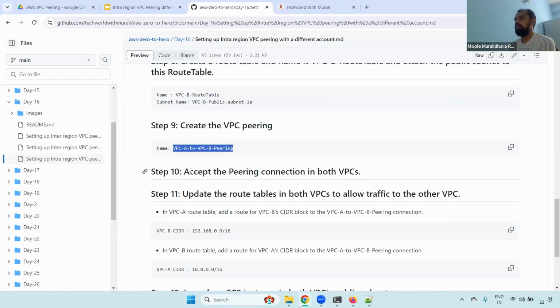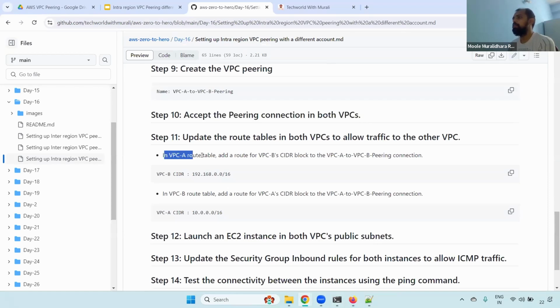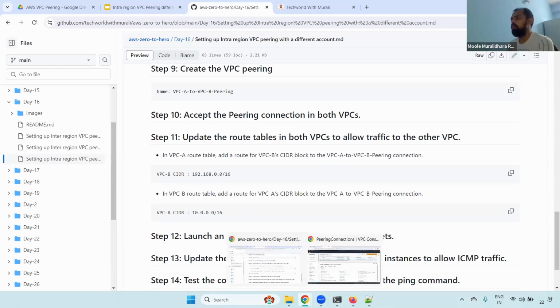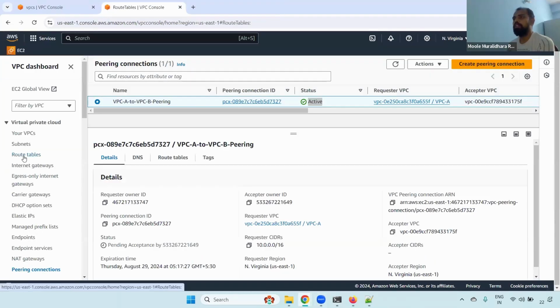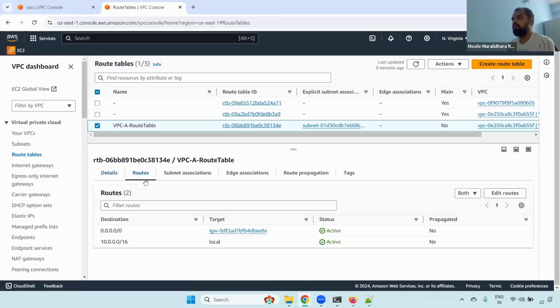So we have set up and accepted the peering connection on both sides. Now go to the VPCA route table and give the route for the 192 series, VPCB, through the VPCA to VPCB peering connection. For that, go to the VPCA route table, which is in account 1. This is account 1. Go to the route tables, select the specific route table, go to the routes. If you see here, currently it is 10.0.0